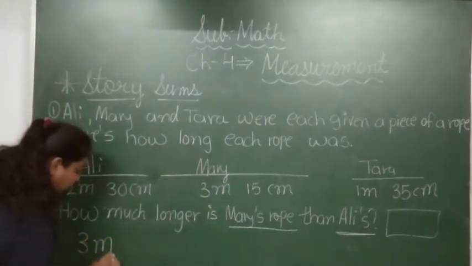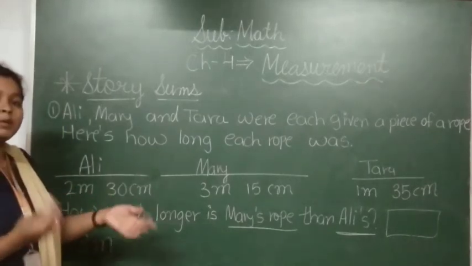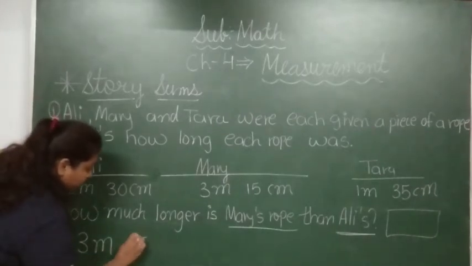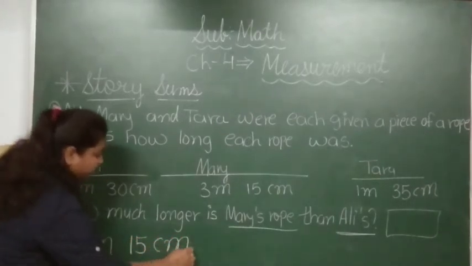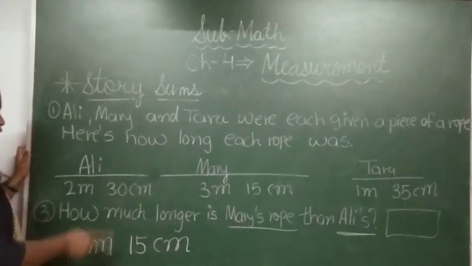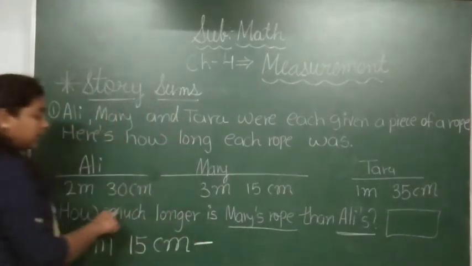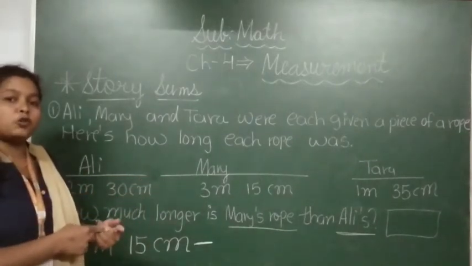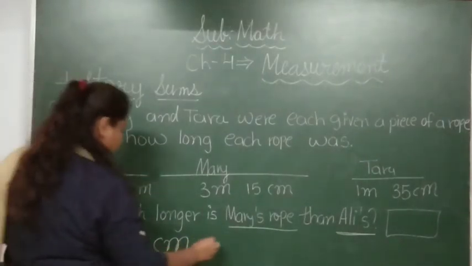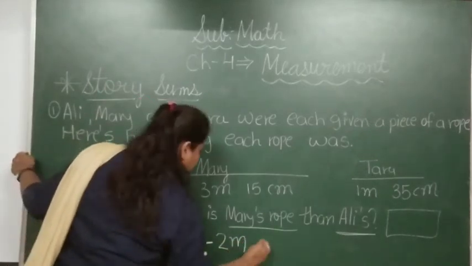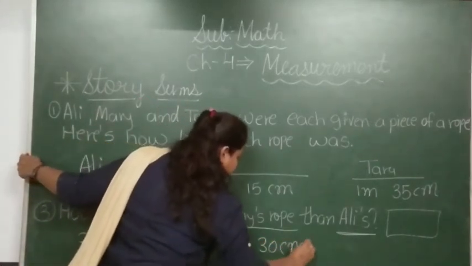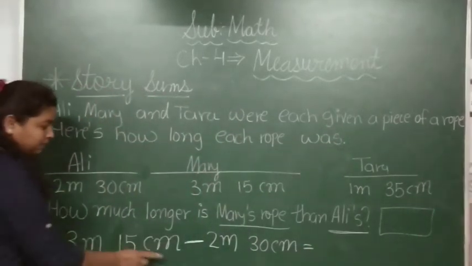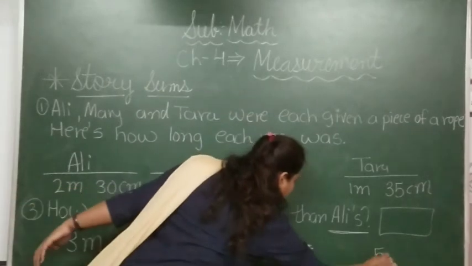तो जब आपको यहाँ पे मेजर आपको लॉन्ग यानी कि डिफरेंस बताना है कितने मीटर लॉन्ग है, So for that you have to write the measurement first, 3 meter and 15 centimeter, और उसमें से आप क्या करोगे, अली की मेजरमेंट माइनस करोगे तो हमें पता चल जाएगा कि मैरी की रॉड की लेंथ कितनी ज्यादा है। So 2 meter and 30 centimeter. Okay. So क्या करोगे, 15 minus 30 आपको करना, तो 5 minus 0 that gives you number 5, और